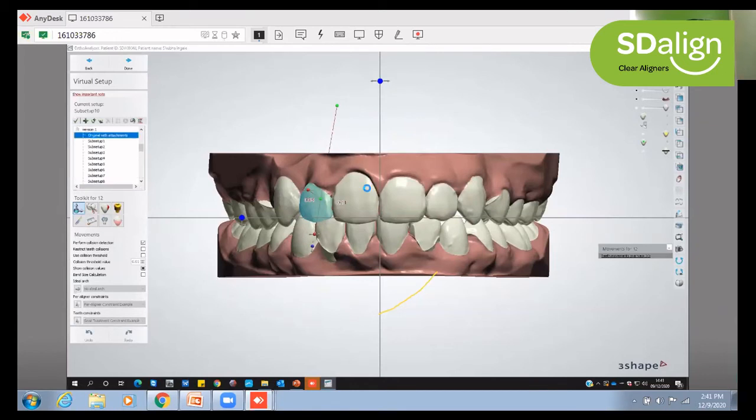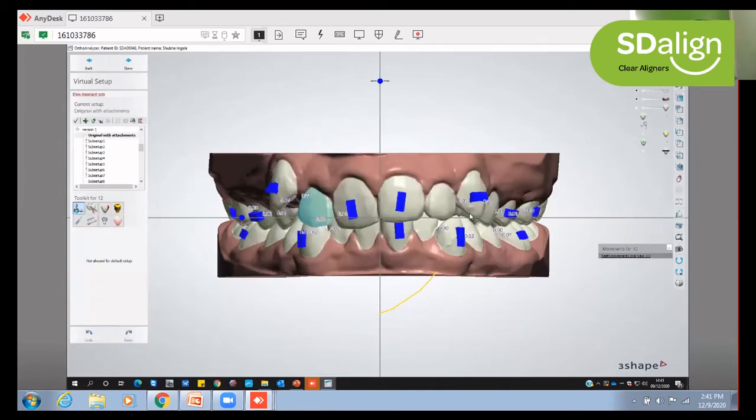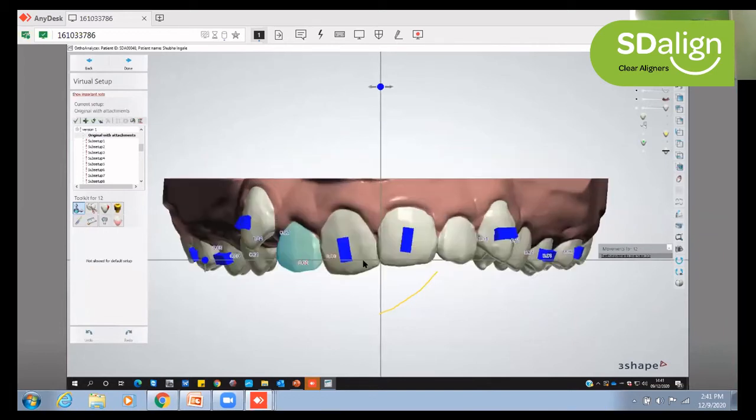Very rightly so, sir has pointed out, we need to be aware of these options. Many a time we won't be able to trigger them if we are not aware. So let us understand briefly what attachments are available in our armamentarium. We have all the options available. Let's see them one by one. For this case, what is crucial for us is the vertical or axial control for 1-1, 2-1, and 1-3.